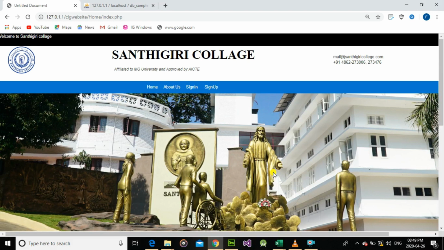Students, today we are discussing a sample website using HTML, Visual Basic, PHP and MySQL. This is a sample application for a student management system. That is, this website is for storing students' data, and its stakeholders are admin and students. The admin has the provision to add, view, edit and delete options for the course and batch also.